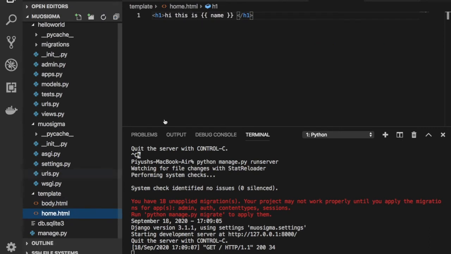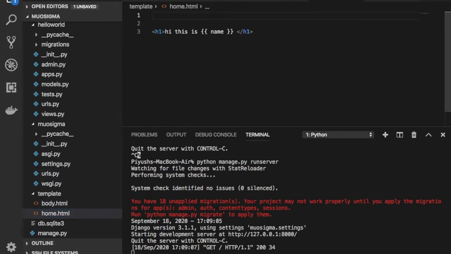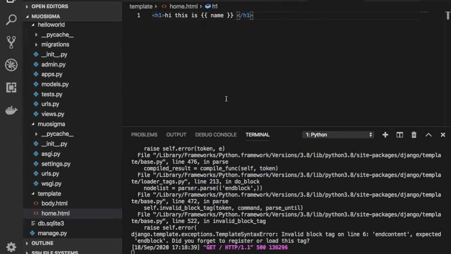So let's go inside the home.html file and so first of all, in the very first step, you need to extend the body.html file. So let's say there are several files, but I want to use some specific file. Let's say here you can see we have the body.html file. I want to use this body.html file here. So how can we use both files? As you can see here, we have the home.html file, we have the body.html file.